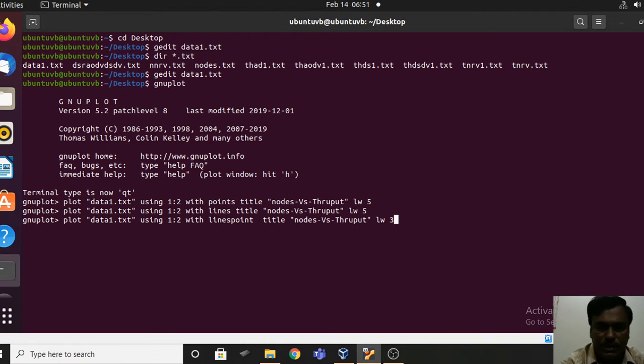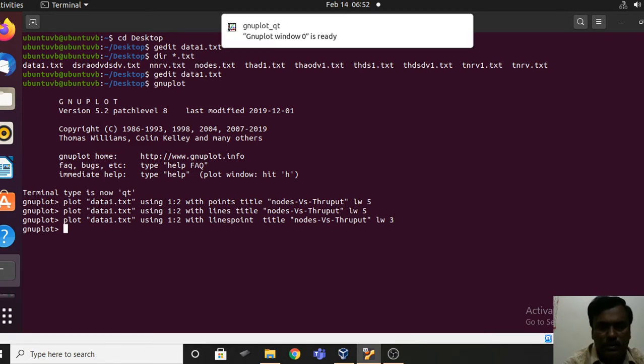So this time I want to change the line width also. So I am changing that. I have changed the line width value from 5 to 3. So this time you are going to get a thinner line when compared to the previous two cases.